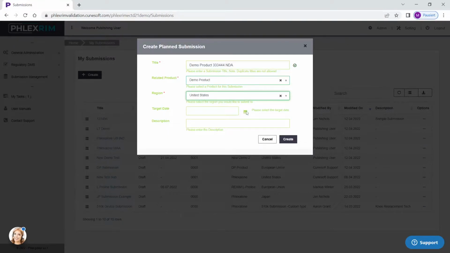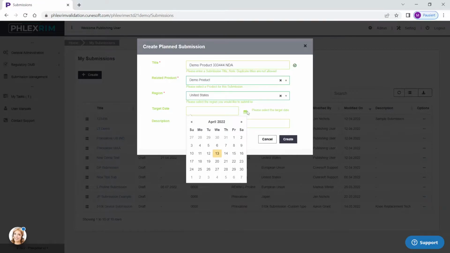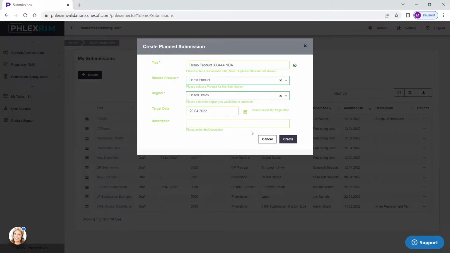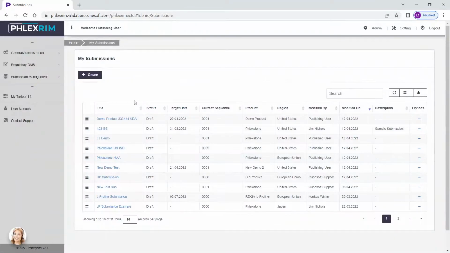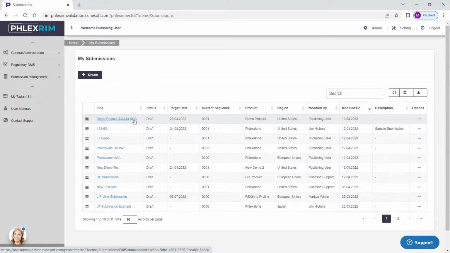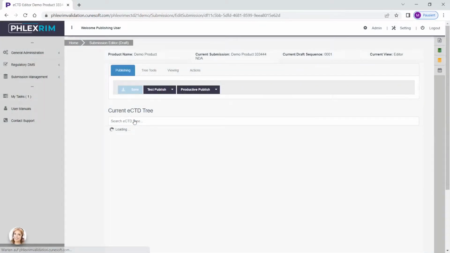I always have a target date here that I can use to help me keep track of when the submission is expected to be completed, and then I can actually keep track of that. So selecting here a date. So we'll create a submission now, and what's happening is it's taking that product information and it has created my submission right here. So it's created this Demo Product 333444 NDA, and I click on this, and you'll see that